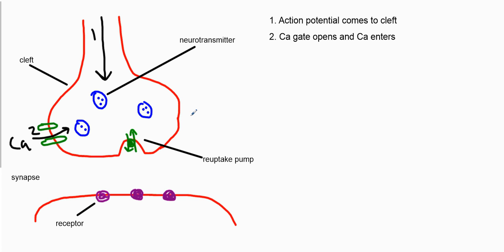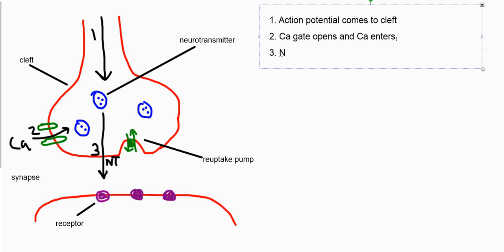Now, what happens to the calcium when it gets in there? Well, it causes a chemical, which is being stored down here, and the chemical is called a neurotransmitter. And it causes this chemical to be released. So that's step number 3. And I'm going to indicate that as NT, a neurotransmitter. That's a special chemical, right? So let's go ahead and add this in here, over here, right? So step number 3. Neurotransmitter. I'll spell that out for you for now. Neurotransmitter,